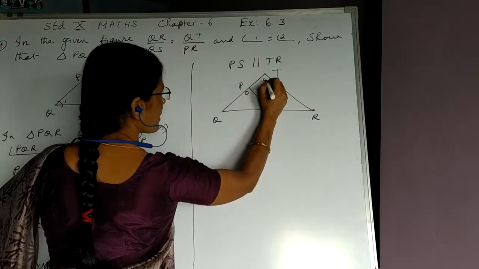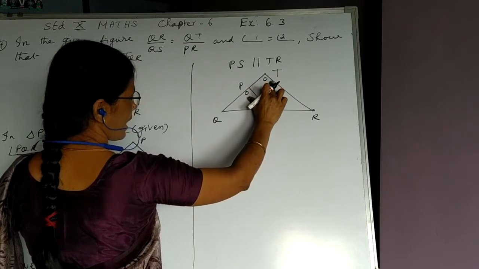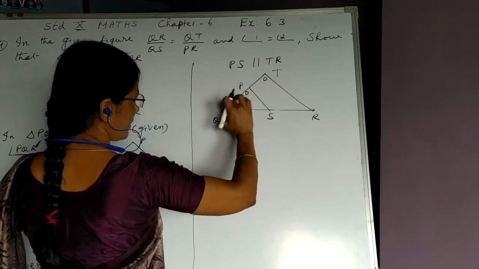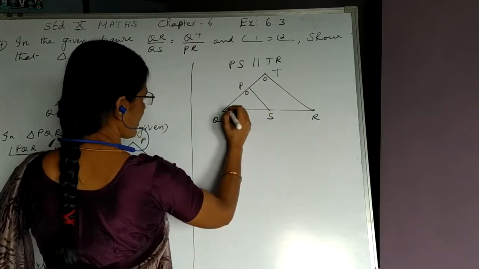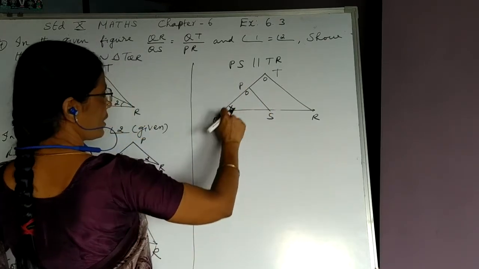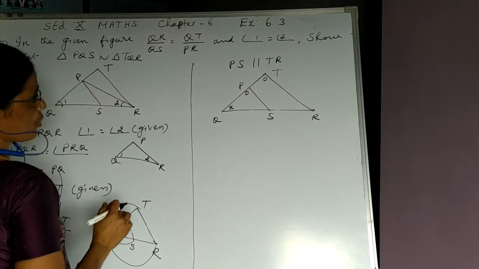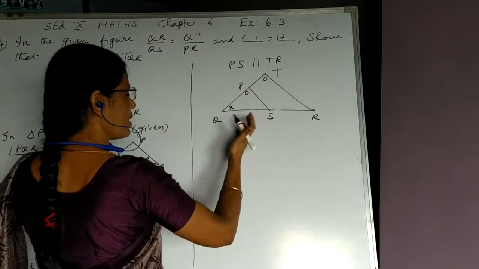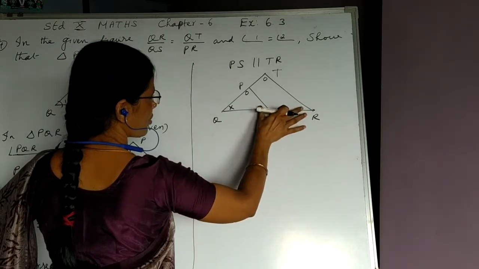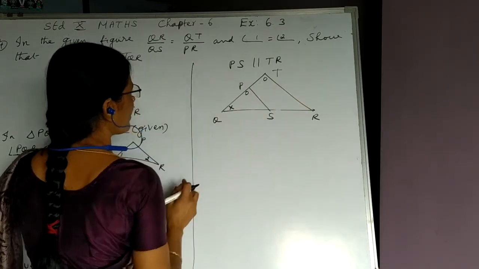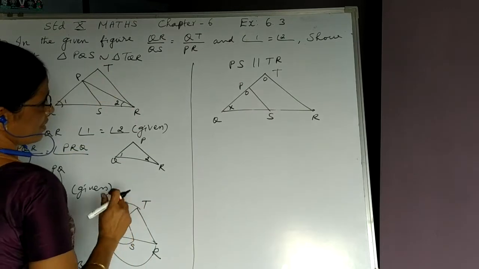What kind of angles are these two? These two are corresponding angles. The lines are parallel. This is a transversal. These two are a pair of corresponding angles. You can find angle Q in both the triangles. Therefore, by using AA criterion, if you want, you can go for AAA criterion also, taking these two angles also as corresponding angles equal. We get these two triangles are similar.